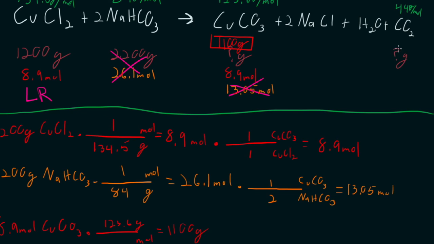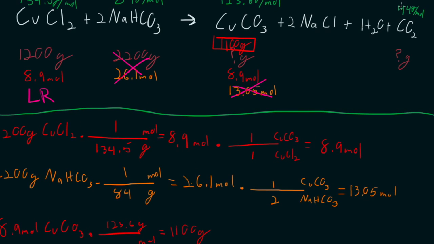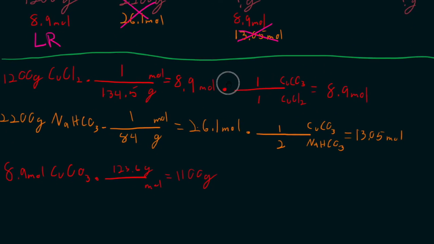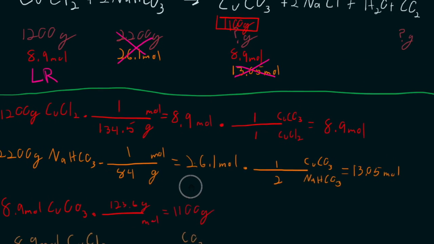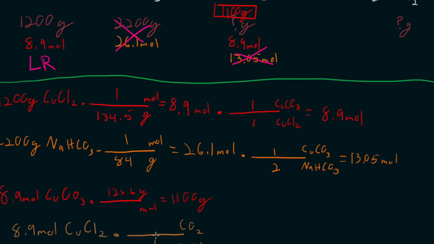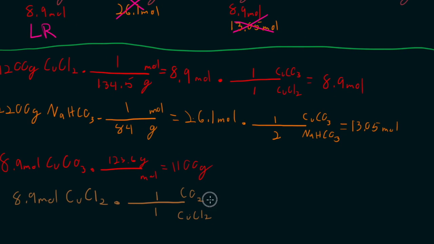How do we figure that out? Do we have to do all of this work over again? No. Our limiting reactant is still copper 2 chloride, and it's still just going to be 8.9 moles. So I'm just going to use that same final number. I'm going to make sure I've got the correct moles of CO2. So let's do that. Let's do that in brown. Let's go 8.9 moles of copper 2 chloride times, we're getting rid of copper 2 chloride. We're going to CO2. So what's our molar ratio between those? Well, that's 1 to 1. Great. So that means I'm going to create 8.9 moles